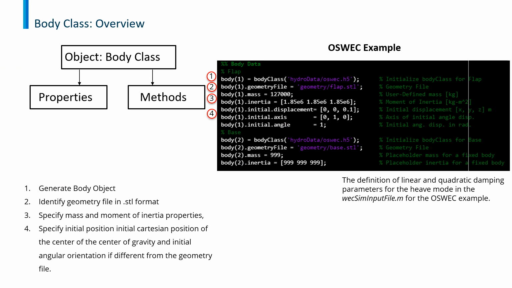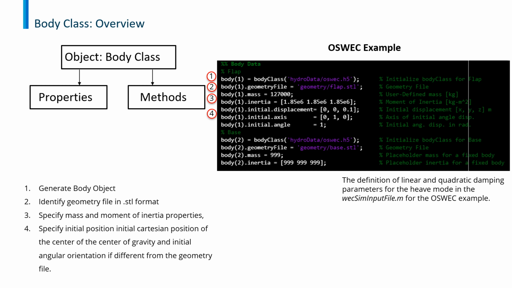Hello everyone. This part of the presentation is about the body class. The body class has the source code necessary to populate the body block in WEC Sim's Simulink library. The body class is used to define the attributes necessary to evaluate a body's dynamics in general and hydrodynamics in